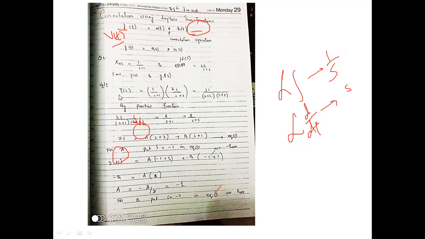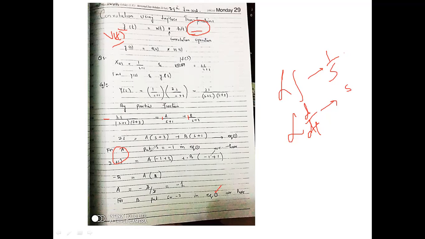Now in order to find y of t by inverse Laplace transformation, we will solve it by partial fraction. Okay, so 2s over (s plus 1) into (s plus 3) is equal to a divided by s plus 1 plus b divided by s plus 3. Okay, so the LCM is (s plus 1) into (s plus 3). So multiplying (s plus 1) into (s plus 3) on both sides and on each term, after multiplying this, this will be cancelled out. So we will be left with 2s is equal to a into (s plus 3) plus b into (s plus 1). This is equation number 1.